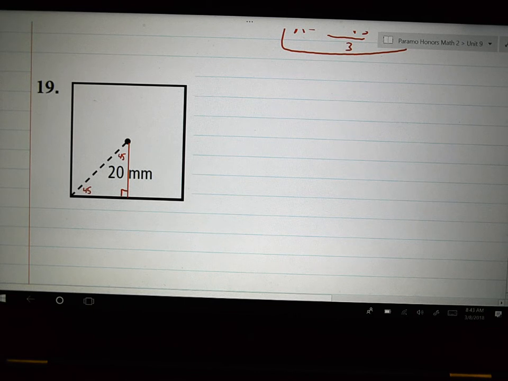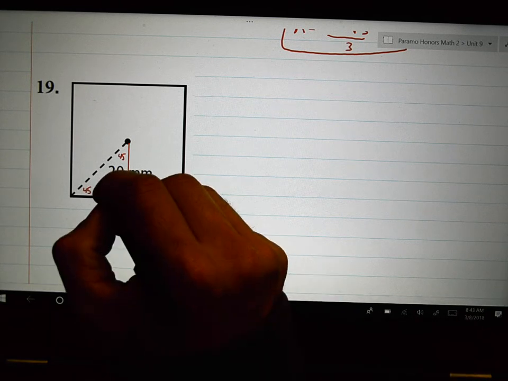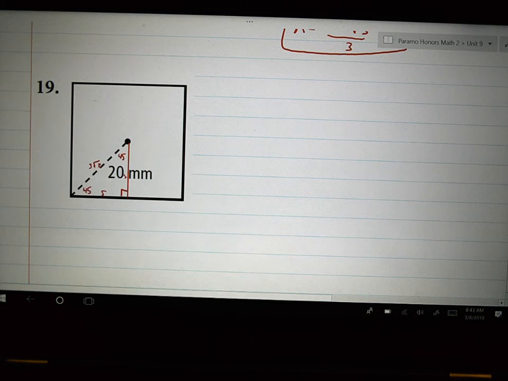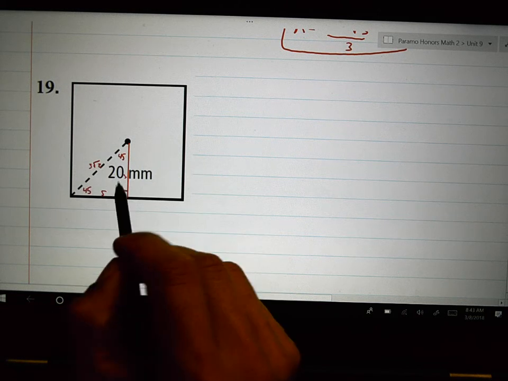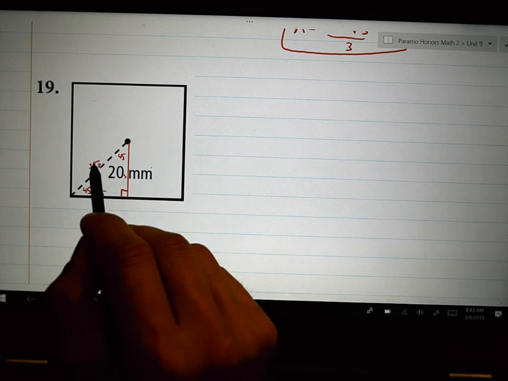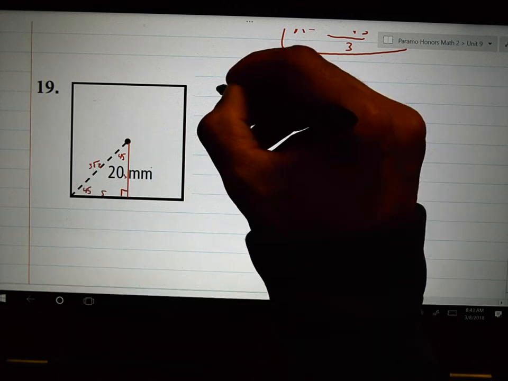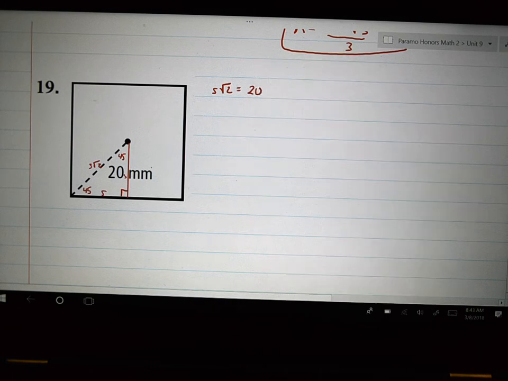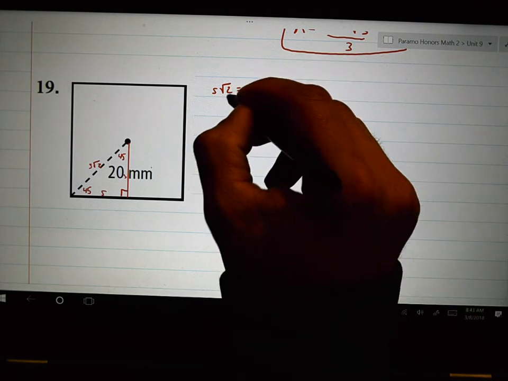This is the S root 2 shortcut. The 20 millimeters is on the S root 2 side. S root 2 equals 20 millimeters. If you want to know what S is, you would divide by root 2